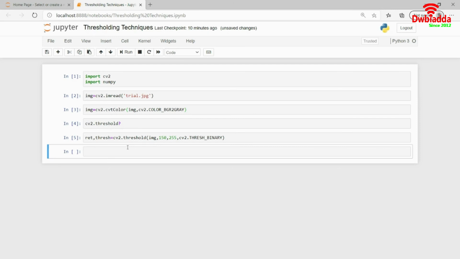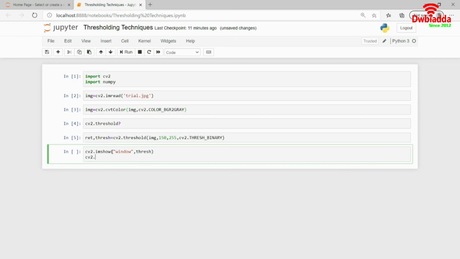So I will go ahead and show you the image over here. It should be cv2.imshow, first I have to give the window name and then thresh, and after that there should be cv2.waitKey(0), and then cv2.destroyAllWindows.